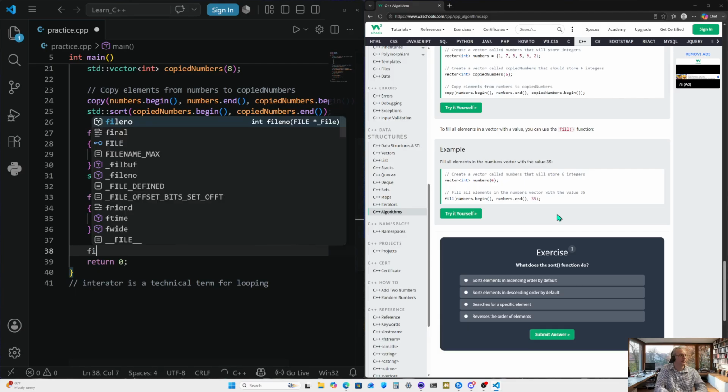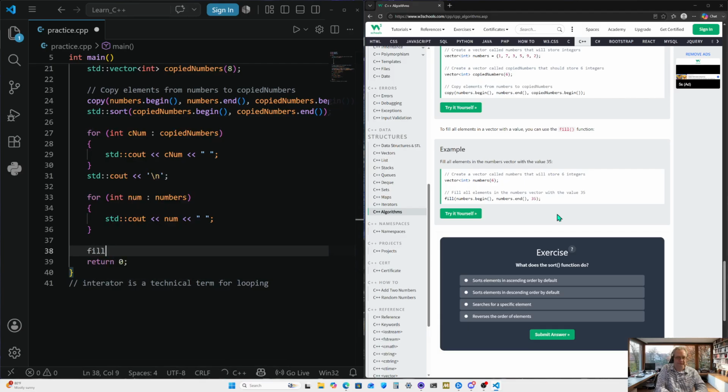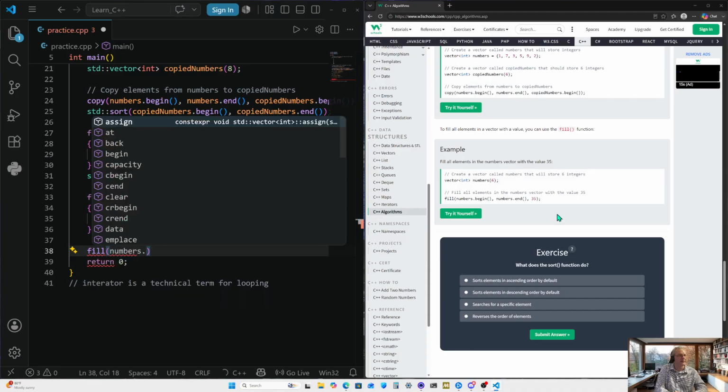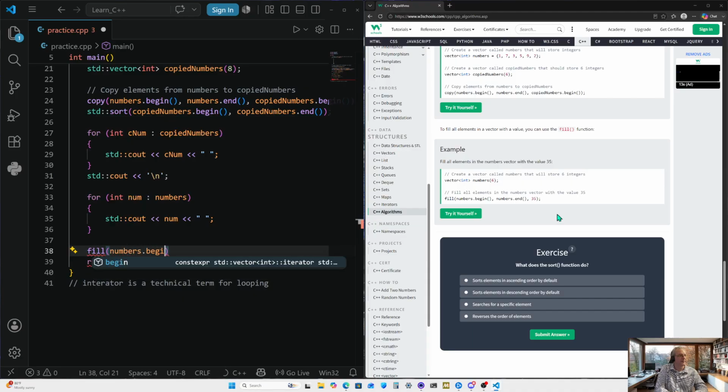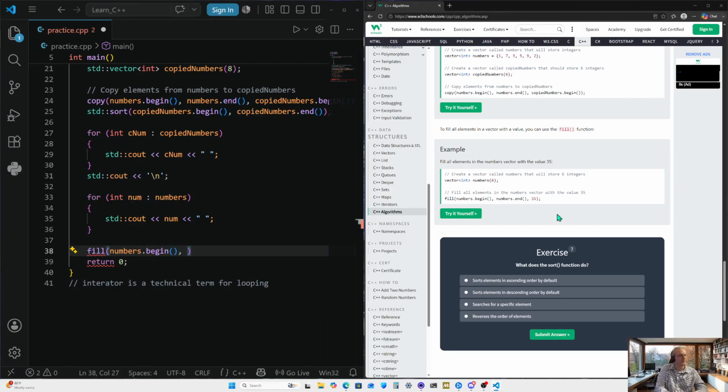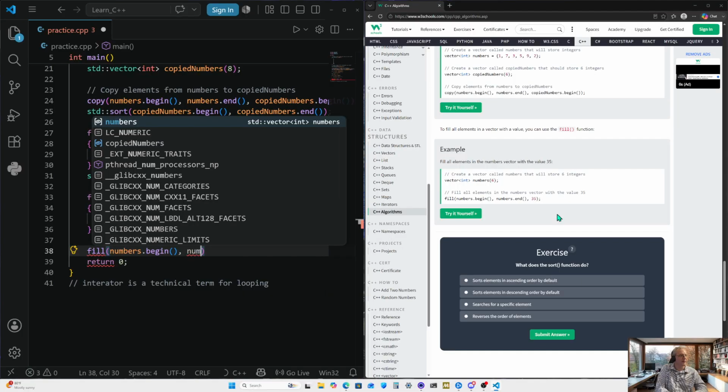So fill, parentheses, numbers, and that may need the standard in front of it. Begin, comma, numbers. Yeah, because no, it won't reprint it. It'll print the original and stuff and just add it to it. So